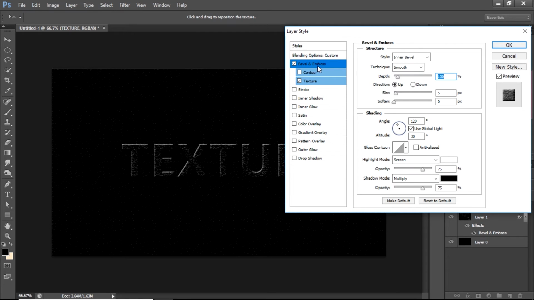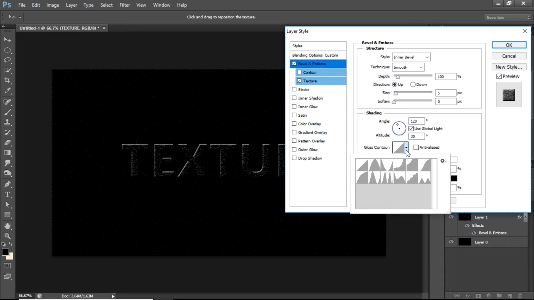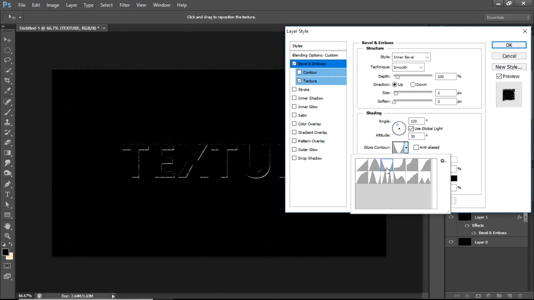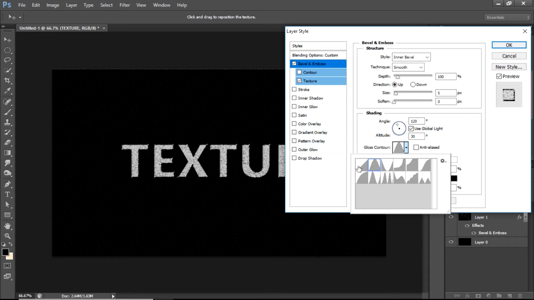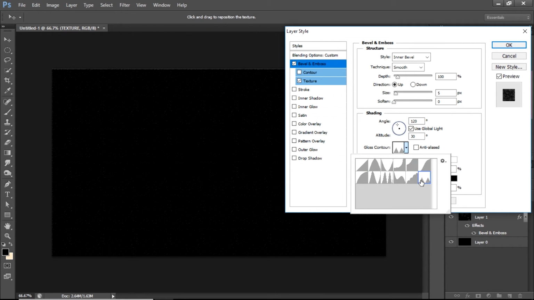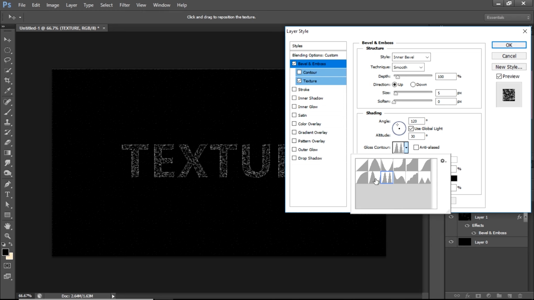And I can also play around with the contour, for example, the gloss contour. And you see, when I shift through the options, you realize that it will be changing the way my text interacts. Okay, so it will be giving you many options. All right,